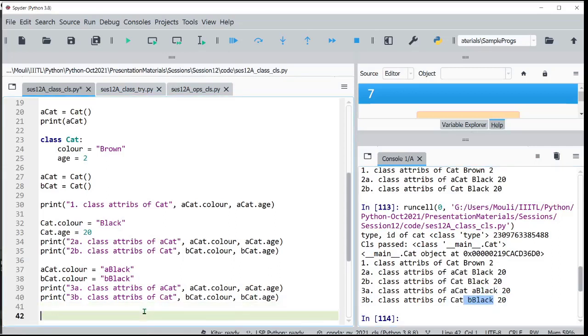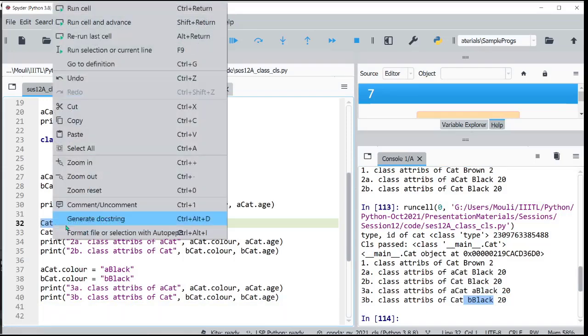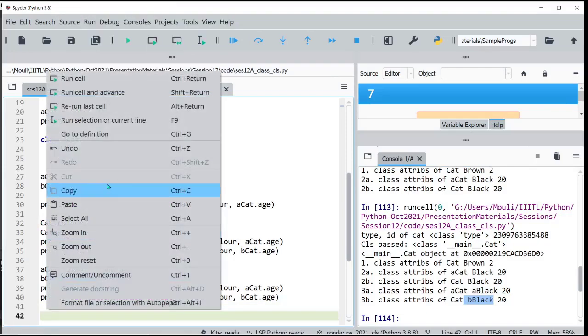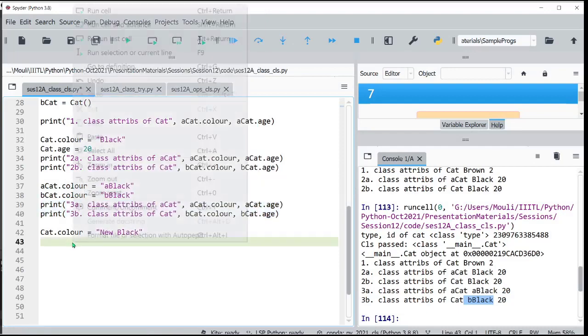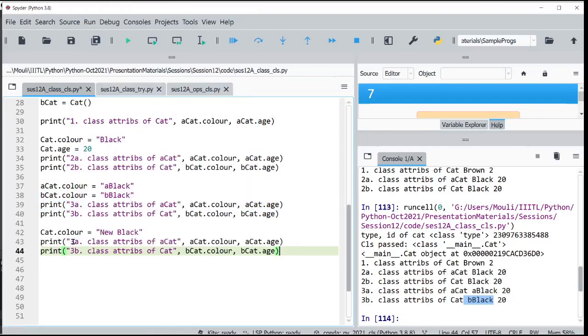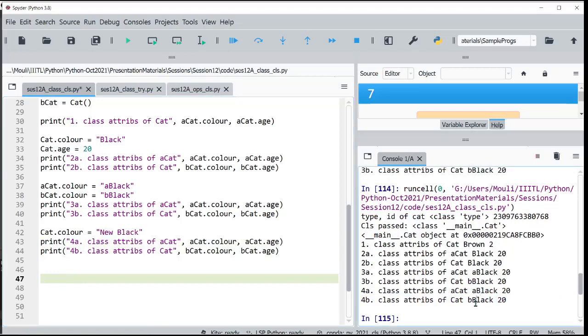Now if I change it again using that class object, the color to some new black, I am doing it at the class level. I am not changing it at the object level. Now do you think this will have any impact? Let us see. Your guess must be that it should not. So a black, b black remains the same.